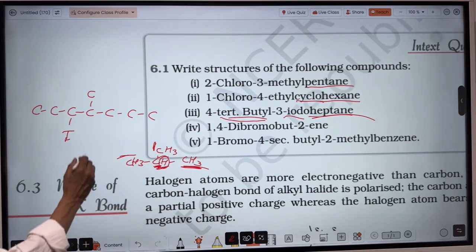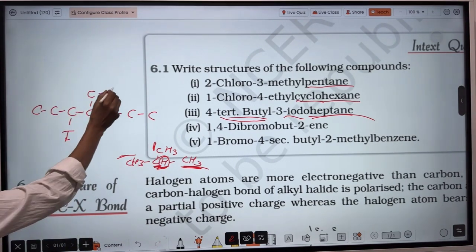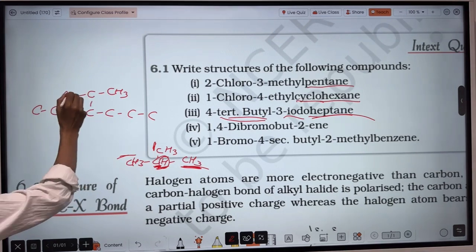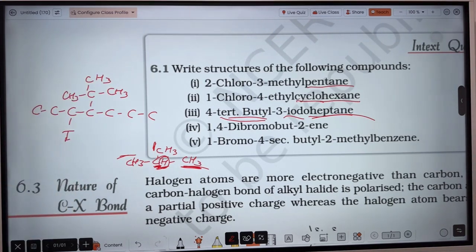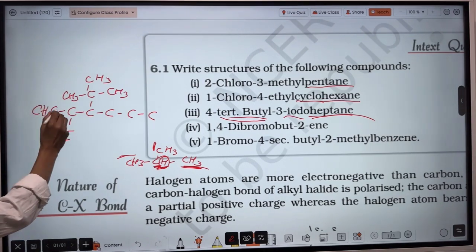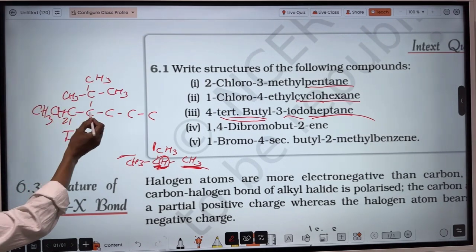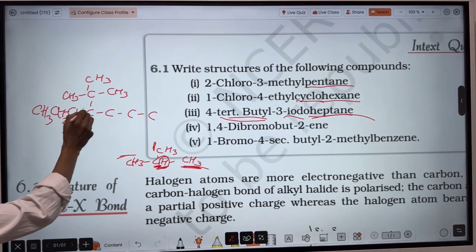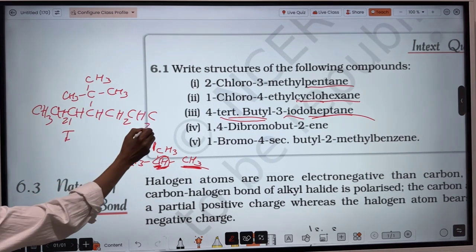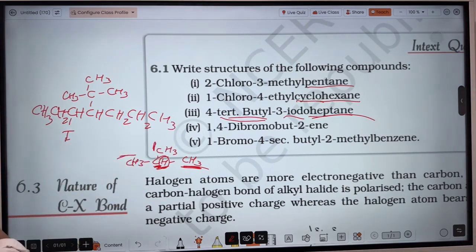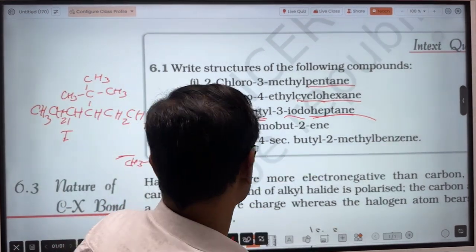So this carbon here, and here methyl, this one, and then after write the appropriate number of hydrogen. This one. Okay. Now fourth question,